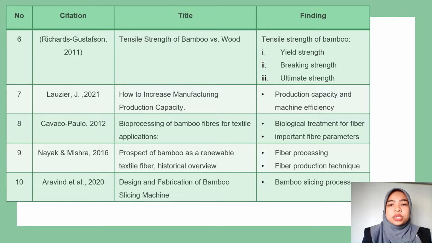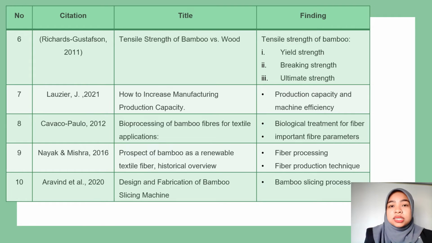Next, in the literature review, we also have the finding for the tensile strength of bamboo, which is yield strength, breaking strength, and ultimate strength, in a journal with the title Tensile Strength of Bamboo versus Wood. And also have the How to Increase Manufacturing Production Capacity article in finding of production capacity and machine efficiency, and also have finding of biological treatment for fiber and important fiber parameter,